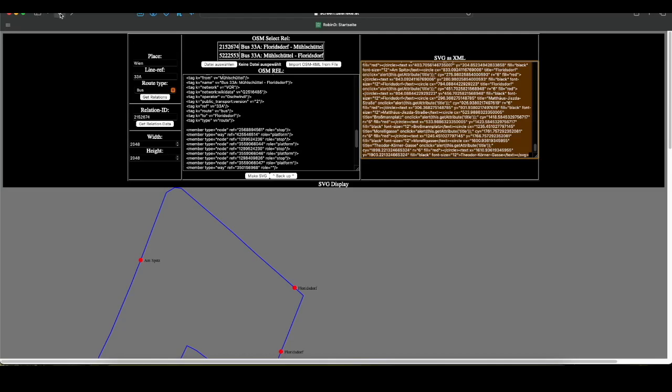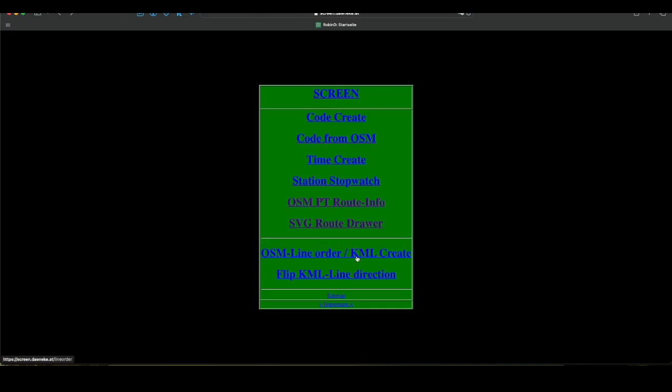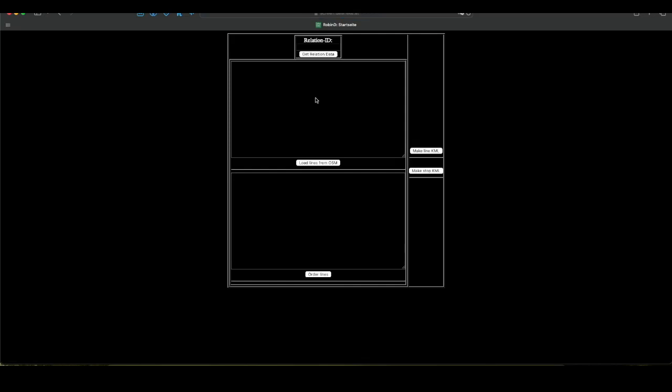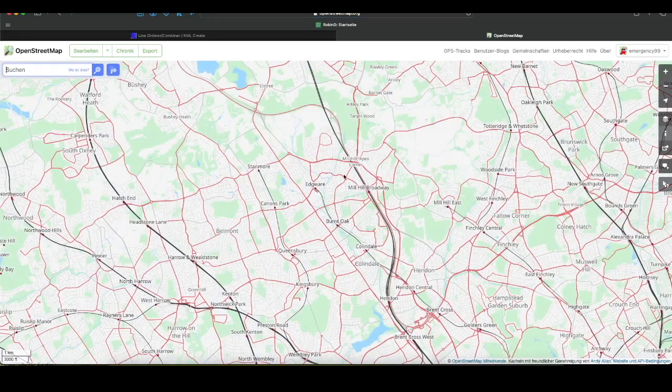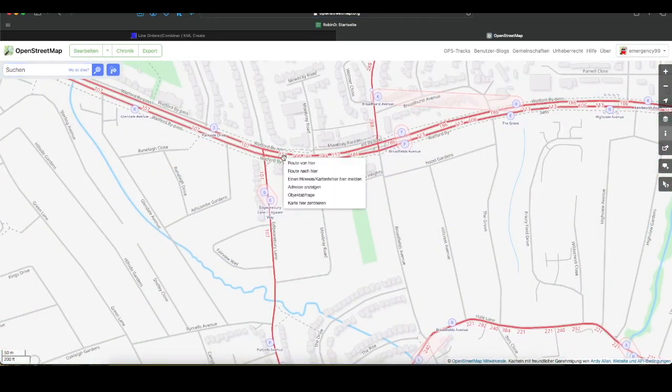Then let's get to the third tool, the OSM-Line Order and KML Create tool. Originally, I just wanted a tool that could take coordinates from a line and then, well, from multiple lines and then order them. I did a bit more here. I have not included the OSM search functionality. So for this tool, if you really want to use this, I recommend to just go to the OpenStreetMap and with right click on a line and the object query,